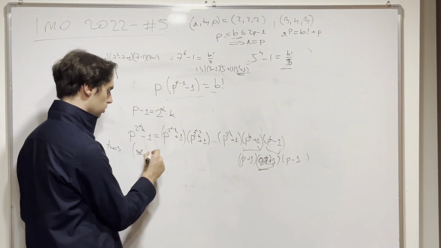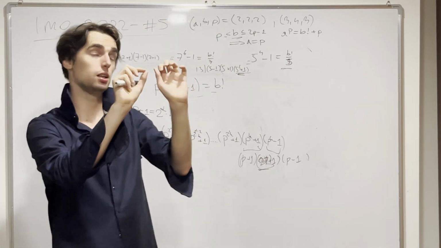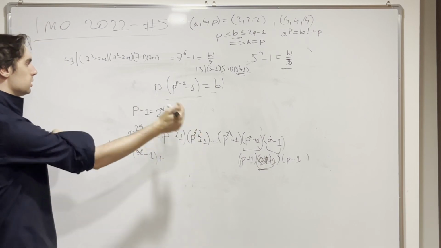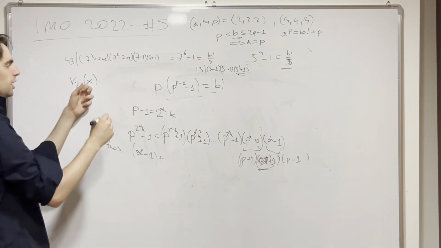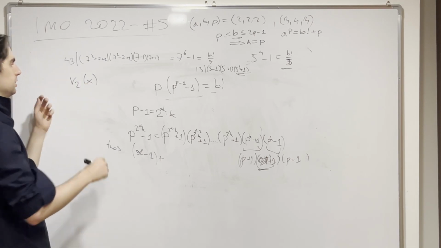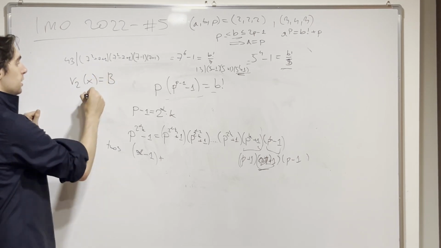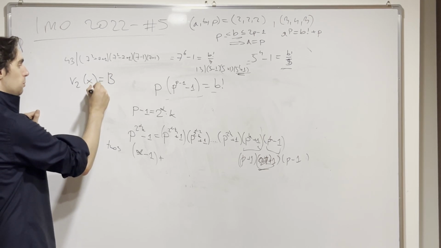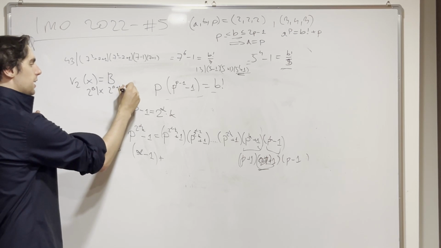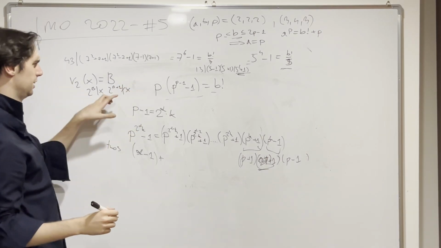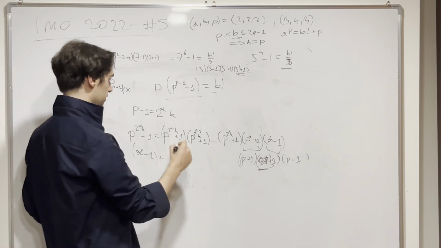So alpha minus 1. And now how do we actually write this down? There's what's called a function that's generally used. v2 of x tells us how many 2's there are in x. In other words, if this is equal to some, say, capital B, that means that 2 to the b divides x and 2 to the b plus 1 does not divide x. And this is just a shorthand for this. So v2